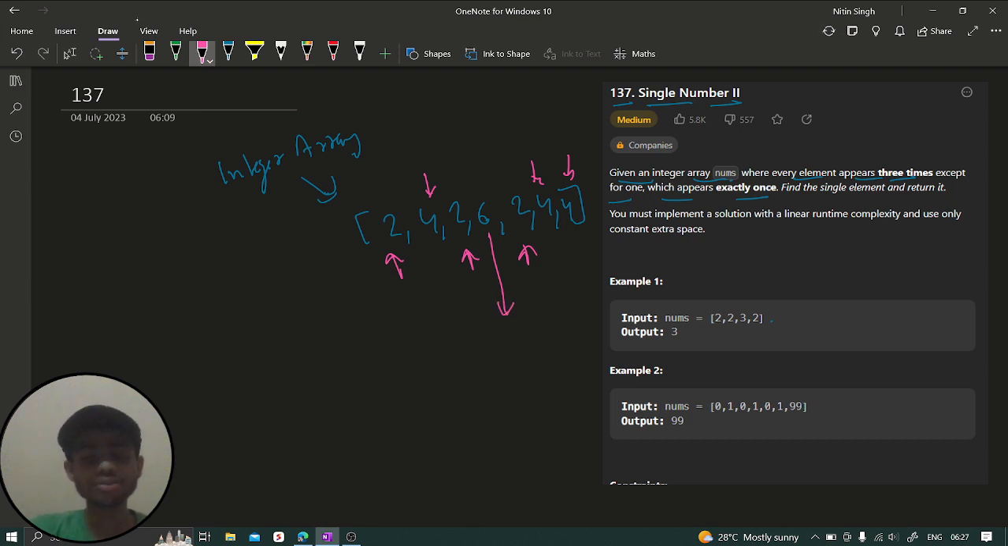So we have to just find out that number. You can see: find the single element and return it. So this is the only main goal we have in this problem. We have to find a number which is repeating only one time in our integer input array. Now the next line is you must implement a solution with a linear runtime complexity